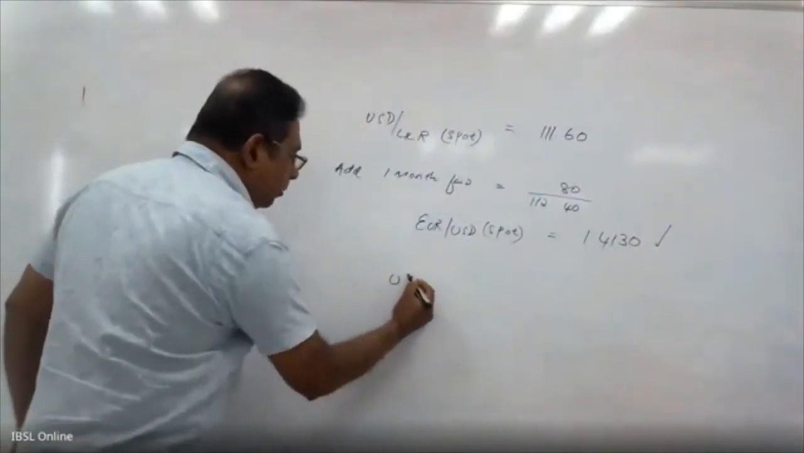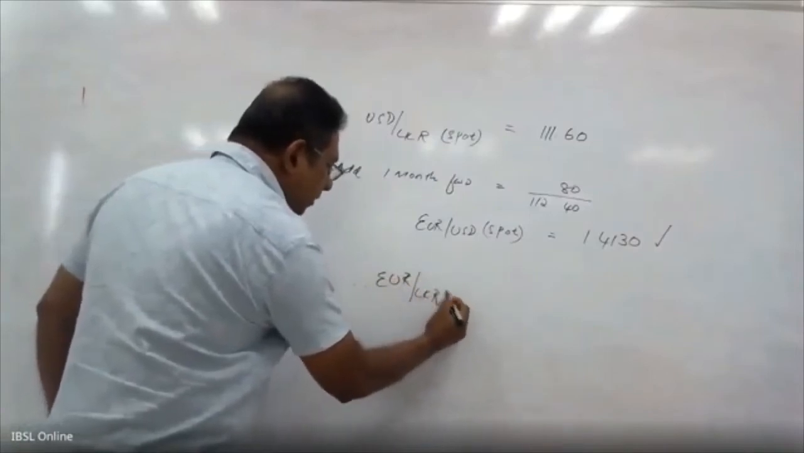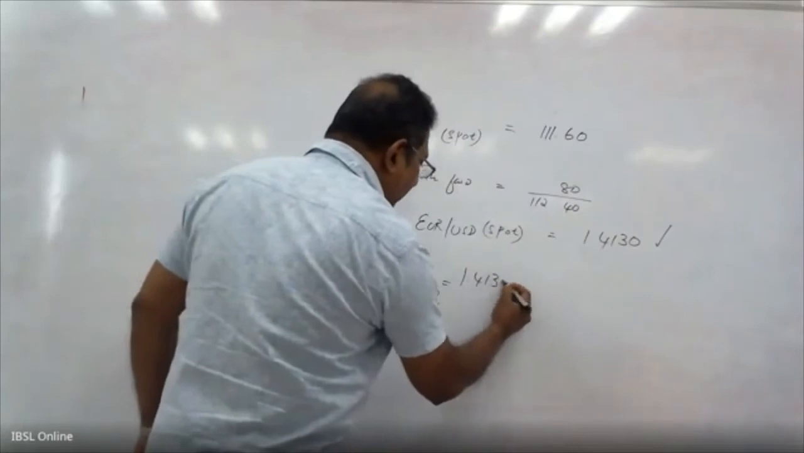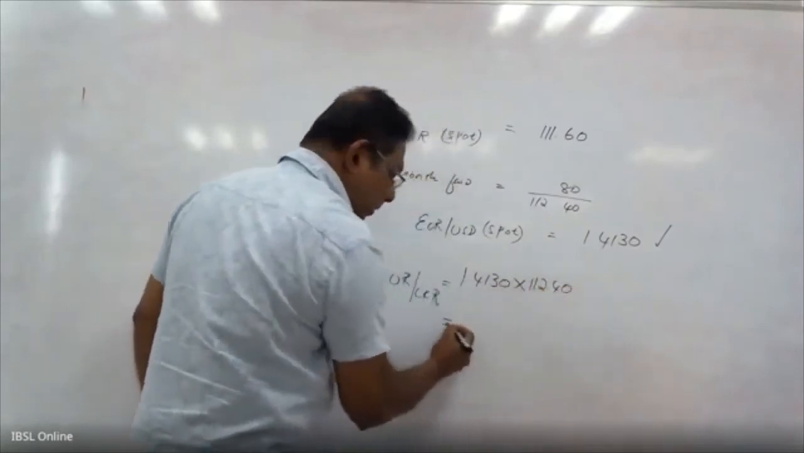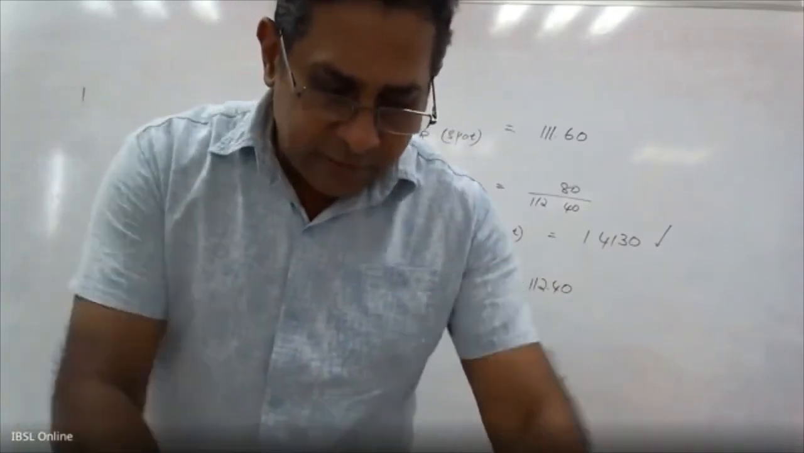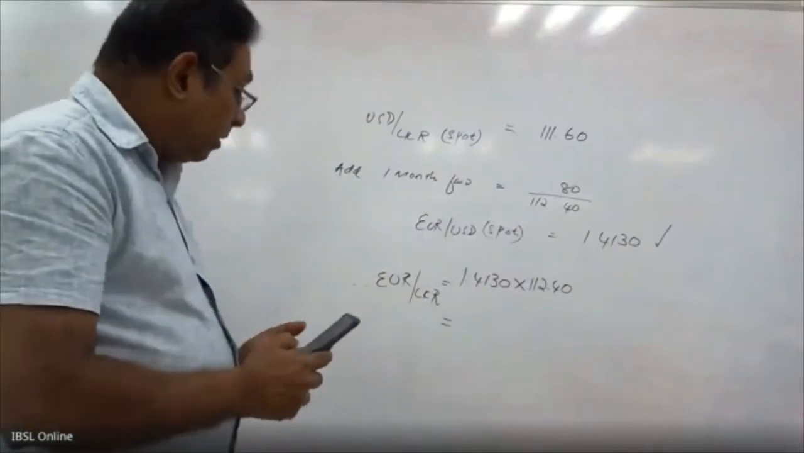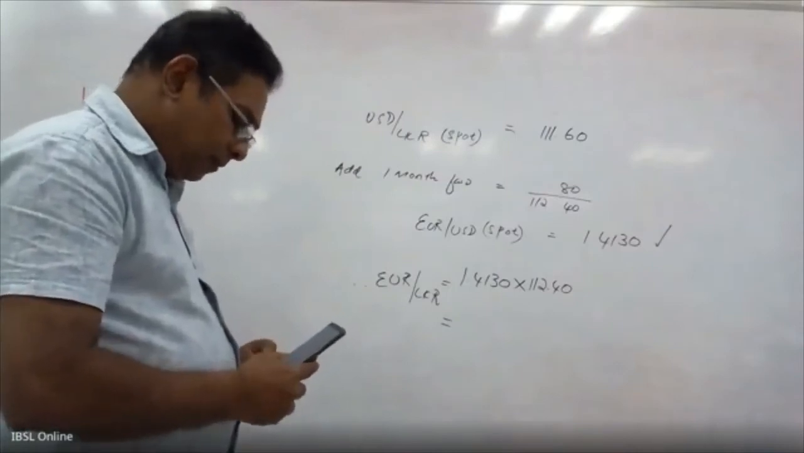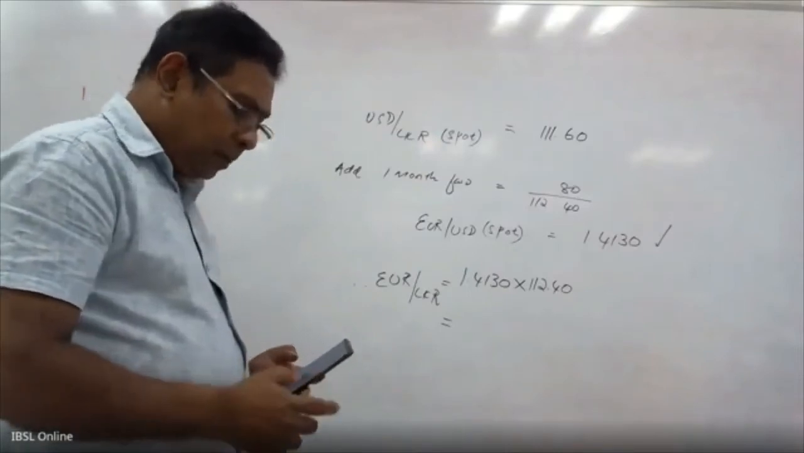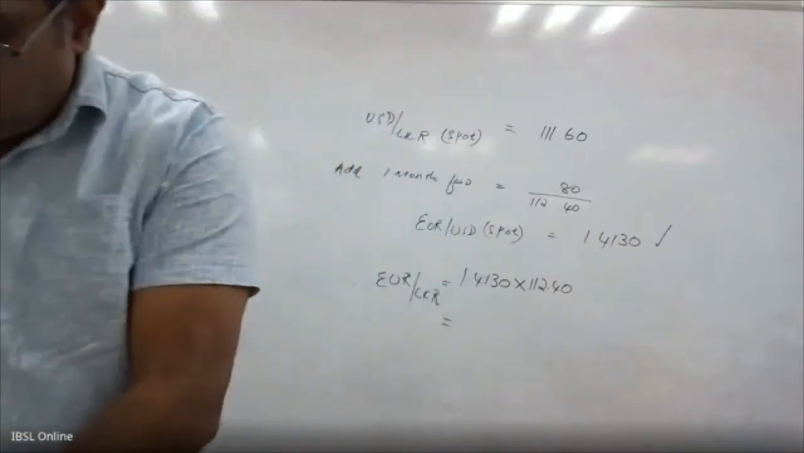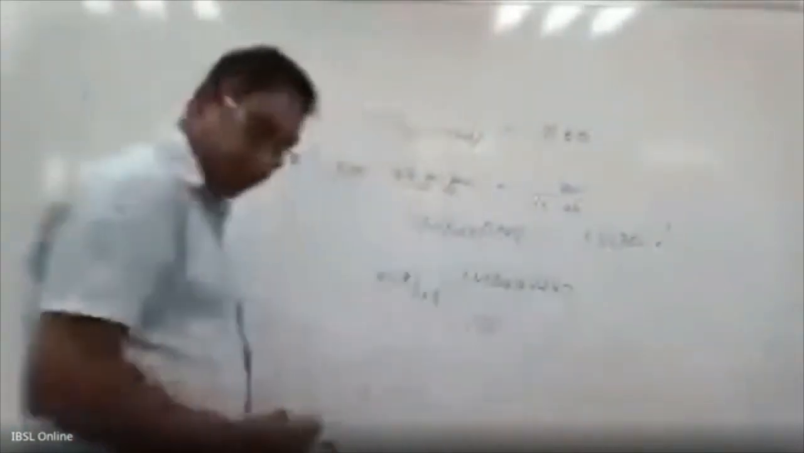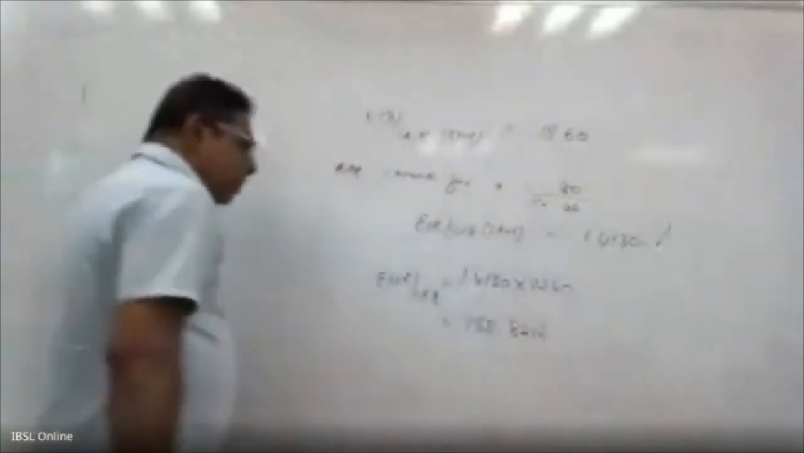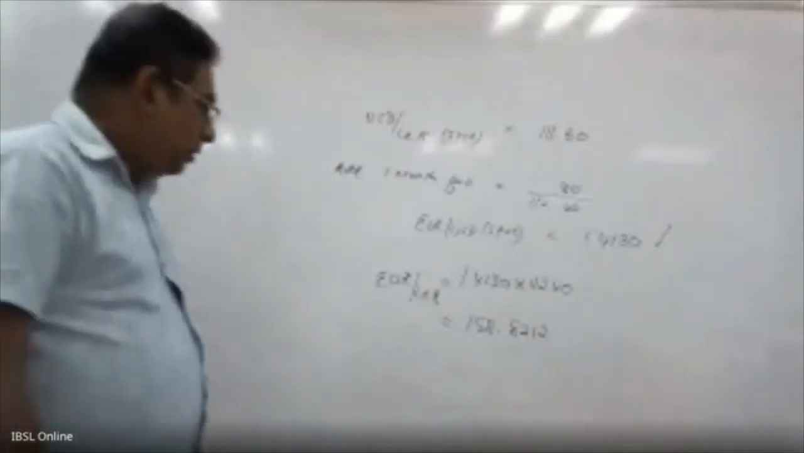So therefore, UR to LKR is equivalent to 1.4130 into 112.40. So we'll multiply and see, to 4 decimal points, 1.4130 into 112.40. That is 158.8212. I have given the answer correct. 158.8212. Right. So underneath you can say therefore,